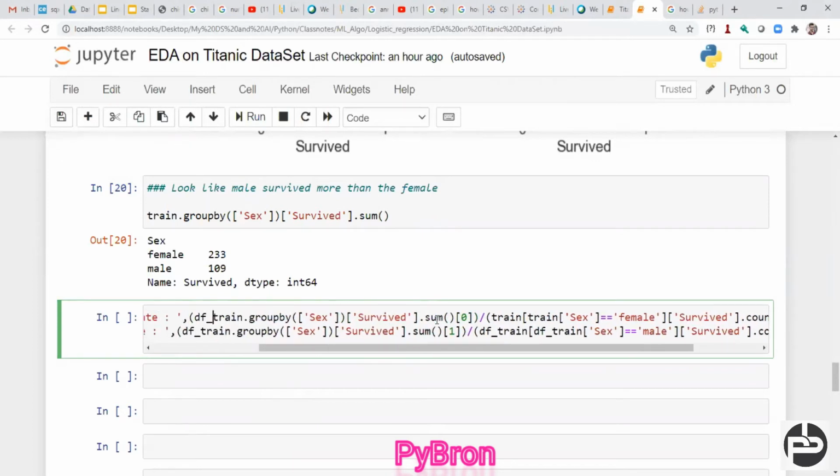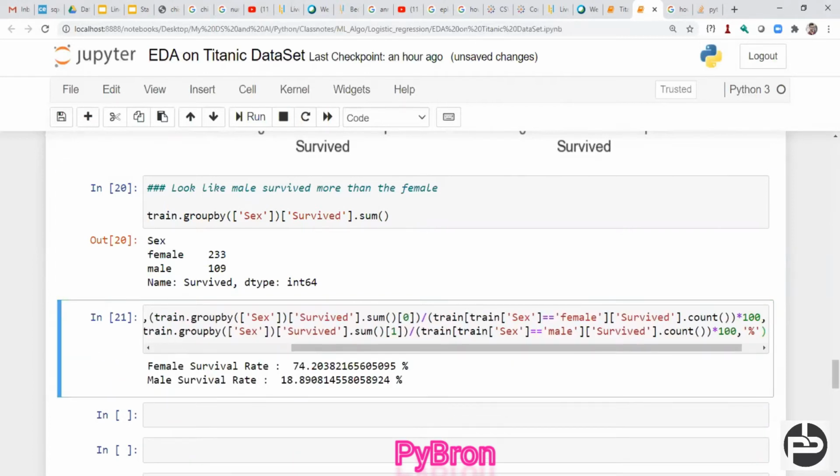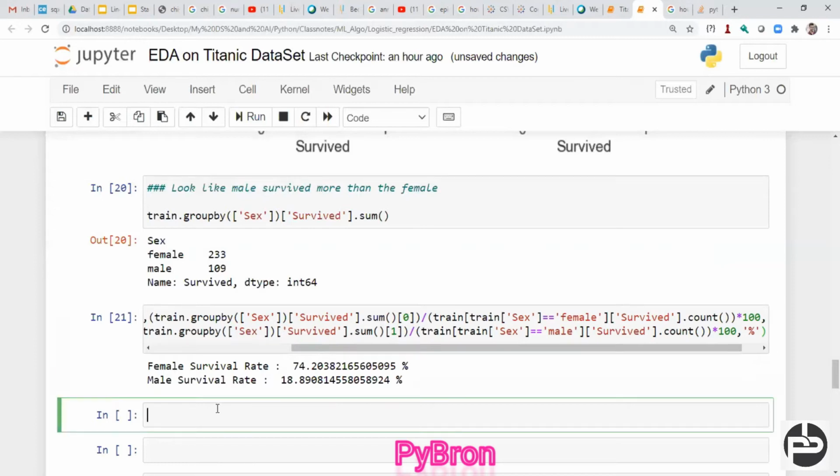Okay, so female survival rate, male survival rate, we can do here groupby survive. If you check, you can see the female survived rate is 74%, means 74% chance is there that a female will get survived, and only 18% is the male survival percentage, right? Hope you understood this also, right?